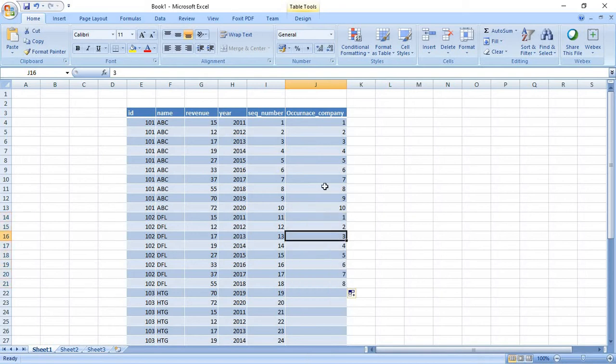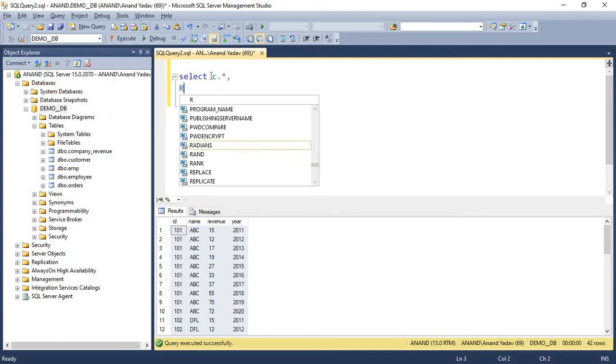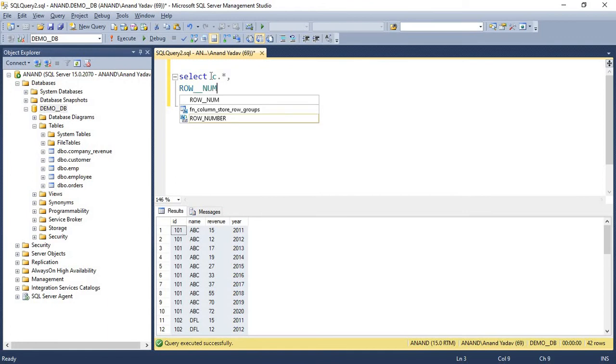This is our second problem statement. So let's see both of them one by one. First we'll see the sequence number. We wanted to generate a sequence number for this company revenue table, and we can achieve that with the help of the row number analytic function. So I am just providing the row number here. OVER is a keyword; an additional underscore was there, so that's why it prompted as OVER.